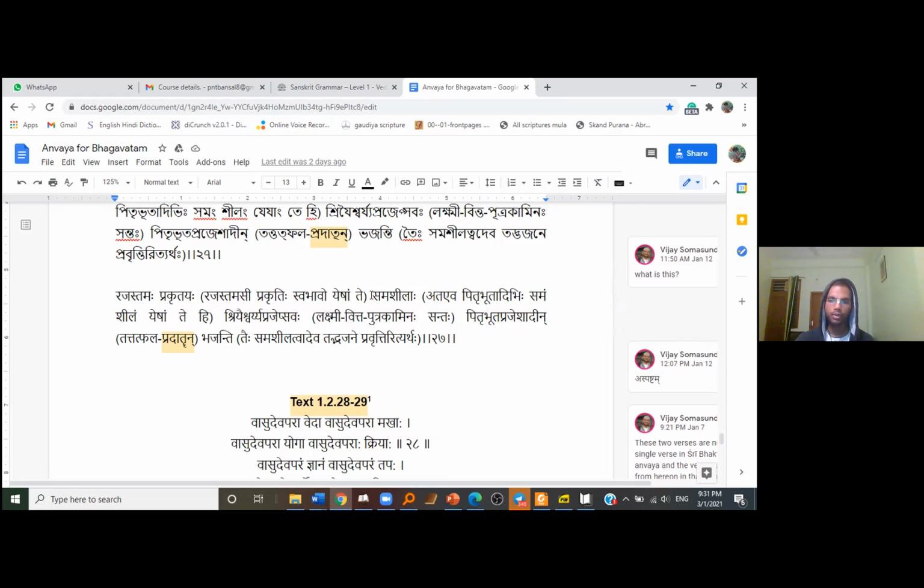Samashila Atayava Pitribhutadhivihi Samam Shilam Yesham Tehi. So those whose nature is the same as that of the Pitriganas, the Bhutas, and so on. Or basically to say, those who are in the same category of Pitri, Bhut, Ityadi. Those who are Shriya,